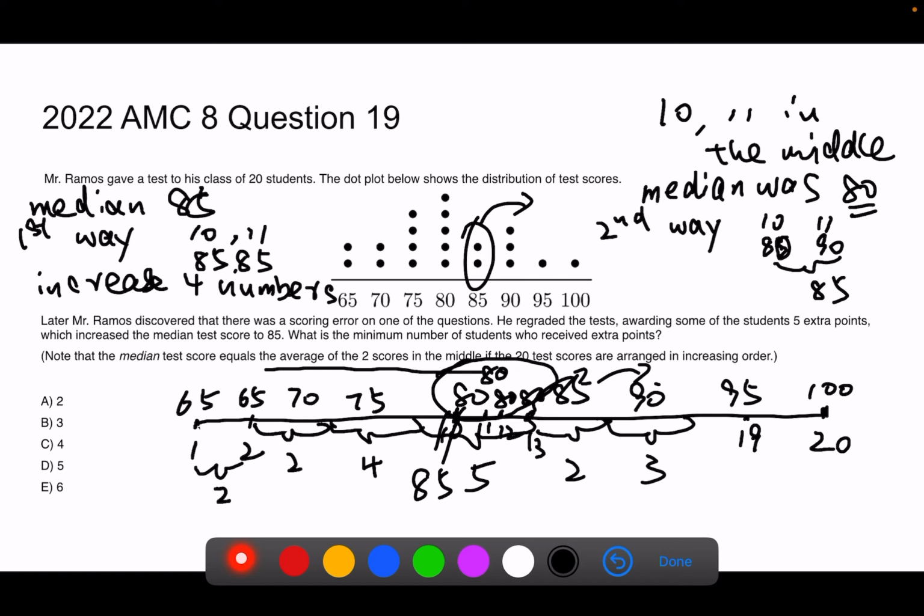But for those 80s, even if you increase their score by 5, you don't reach 90. So the second way actually is impossible. But it's good we checked it, because theoretically it's possible before we check how the distribution looks like. So given that, the answer is